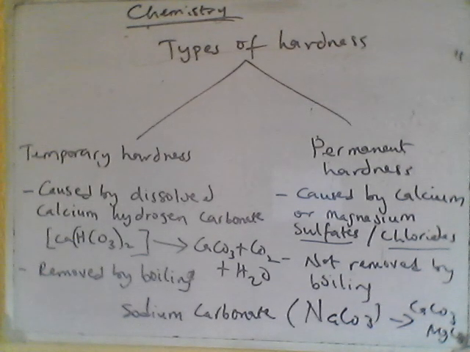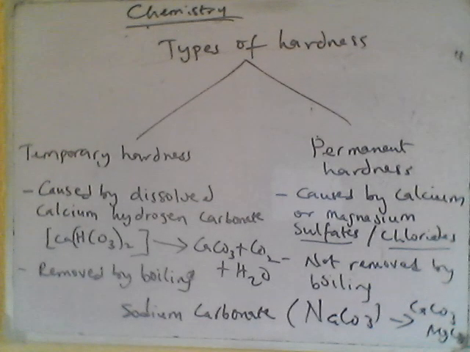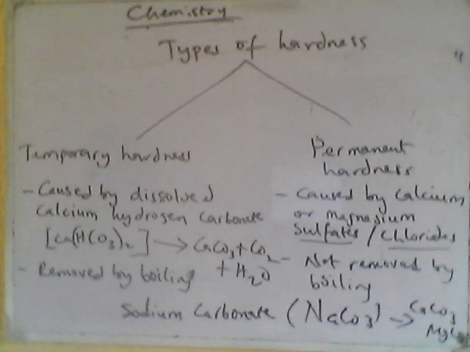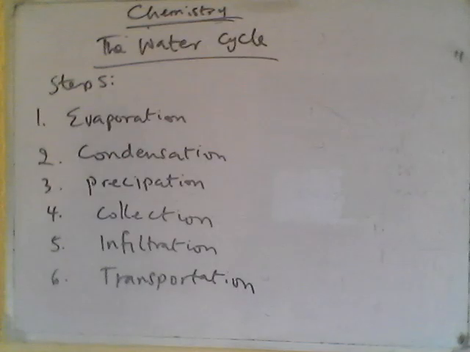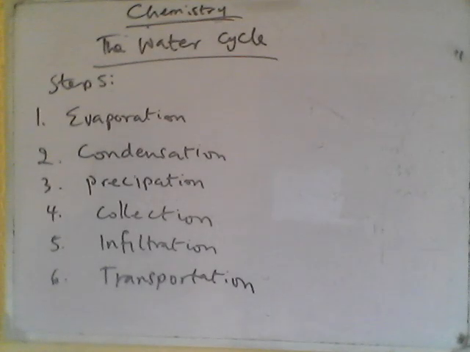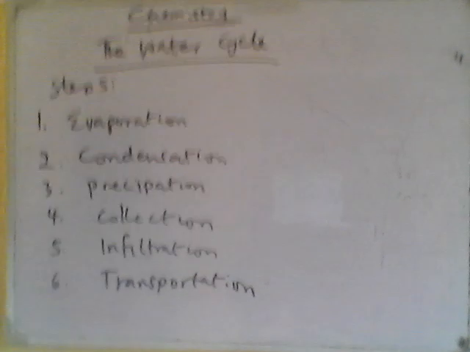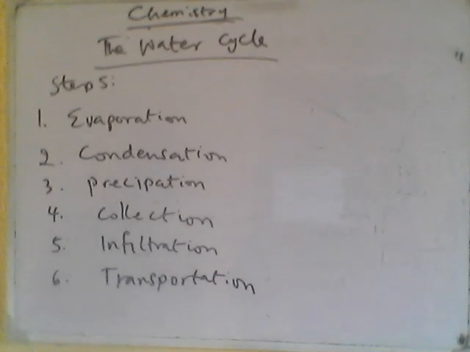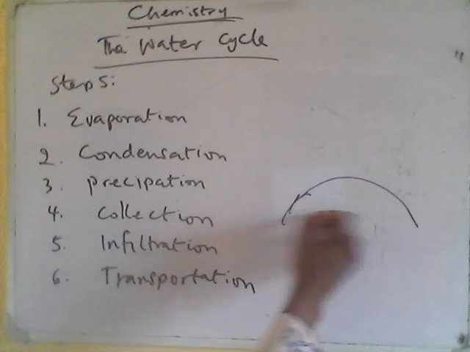All right, so water cycle. So in water cycle, it's described as a natural process, or continuous process by which water moves between the earth and the atmosphere. Okay? So water cycle is actually a natural continuous process by which water moves between the earth and the atmosphere. So this is the earth, this is the earth, this is the earth,